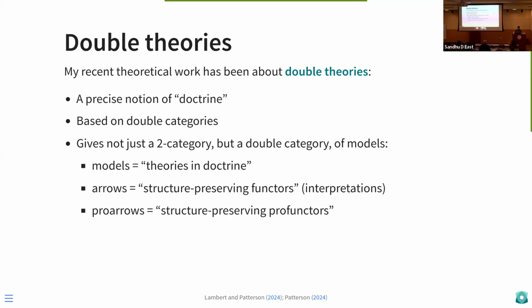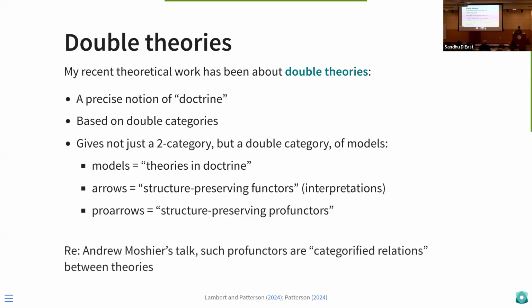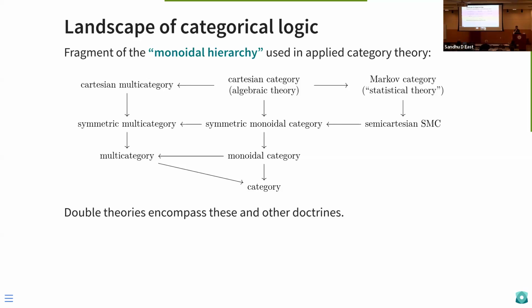The pro arrows are some kind of structure-preserving functor, and I really enjoyed this point in Drew's talk earlier, that in categorical logic one frequently talks about interpretations, but it's a very strong thing to be able to interpret one language within another. And so it's interesting to think whether these profunctors, which come from the theory, are often thought of as a kind of categorified relation. One thing that'd be quite interesting to explore more, which I haven't done, is whether you can give these a nice logical interpretation. But anyways, getting back to the main thread,